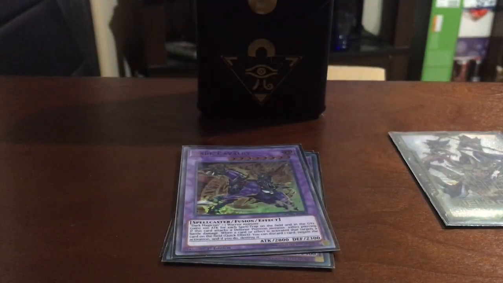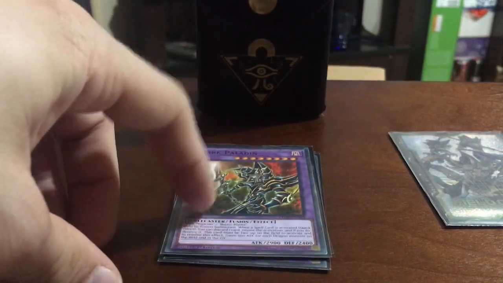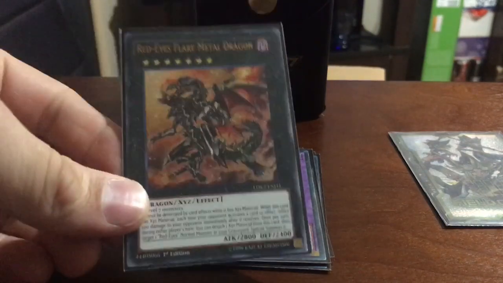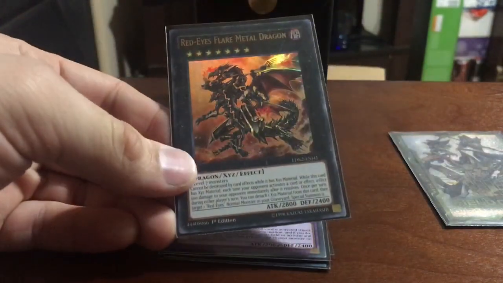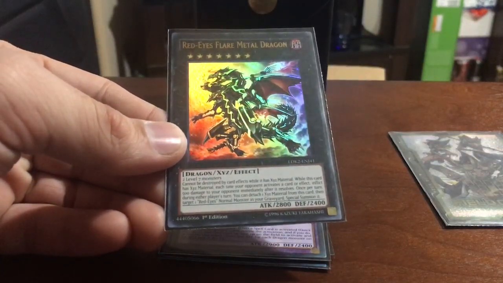1 Dark Cavalry. 1 Dark Paladin, which we can make using the Eye of Timaeus, for those who don't know. And one of the other new cards I have just added for this deck, we will run 1 Red Eyes Flare Metal Dragon. For Red Eyes Flare Metal Dragon, you can XYZ it with at least 2 level